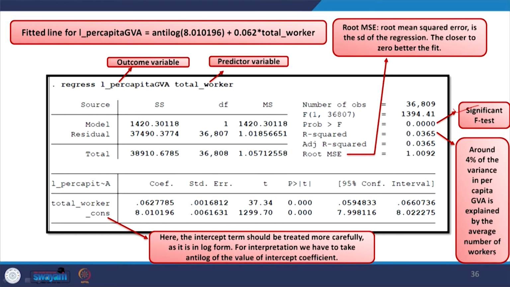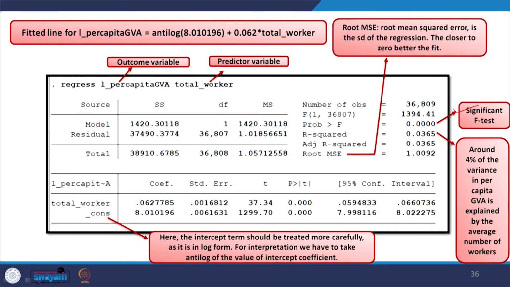Now, the last thing to interpret in this result is the intercept term, that is the constant term, which should be treated more carefully as it is in log form, because our dependent variable is in logarithmic transformation. So, for interpretation we have to take the antilog of that coefficient.